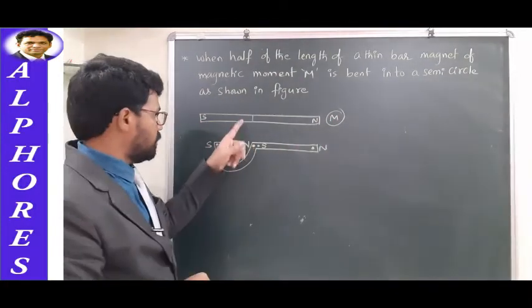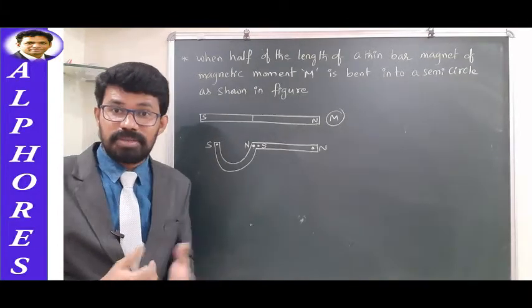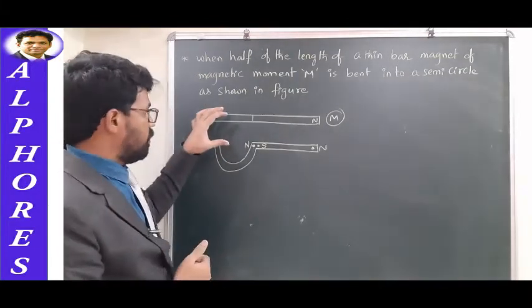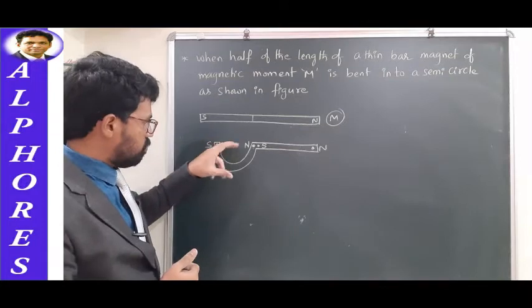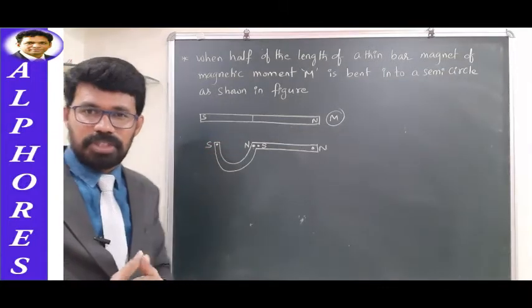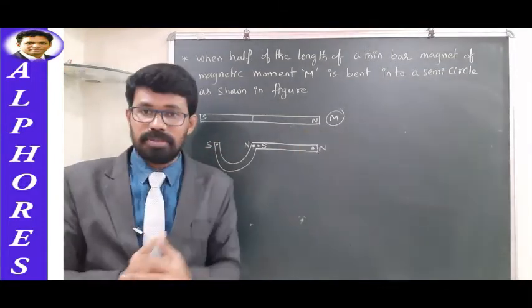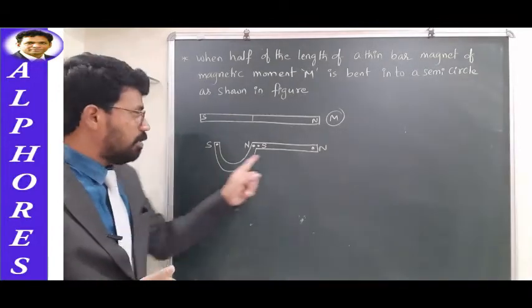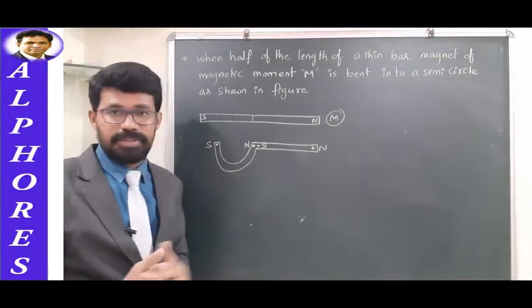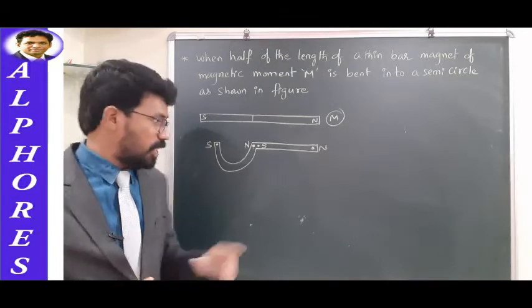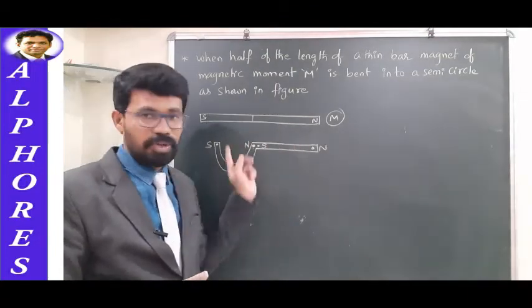Don't think that since we did not change the magnet, we have not changed the magnitude. Though you have taken the same magnet and made some deformation in its structure, that doesn't mean you will have the same magnetic moment. Here the length of the magnet will be different in this case, so the magnetic moment will change. Let us try to find out the magnetic moment of this one.